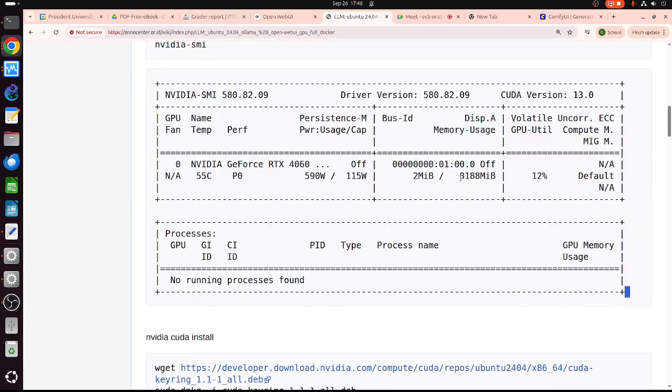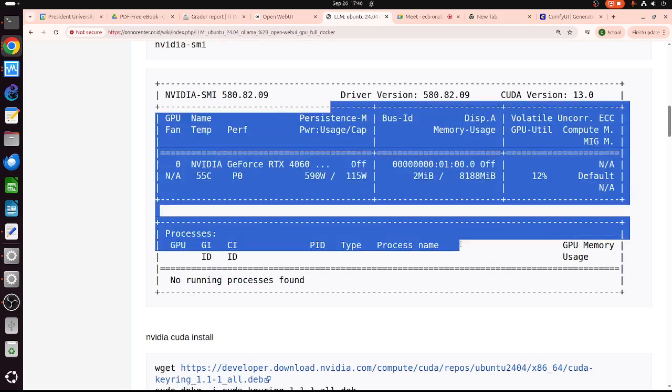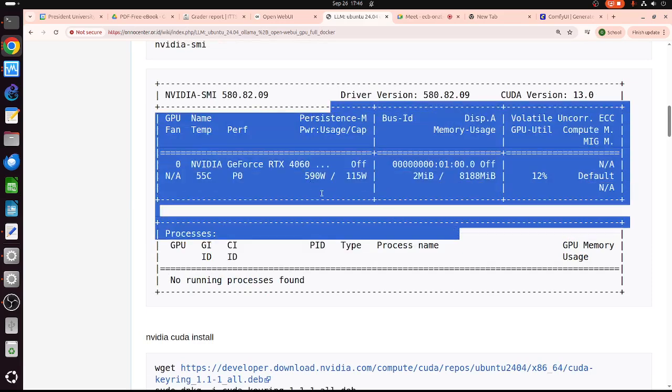When you check using nvidia-smi, this is what you will see. Basically, it shows the RAM is 8 GB, so it's quite small for video editing and stuff. I think you need at least 24 GB or something, but that's expensive. Okay, that's the GPU stuff. It gets quite hot if you use the GPU.